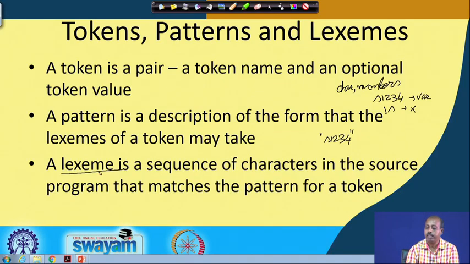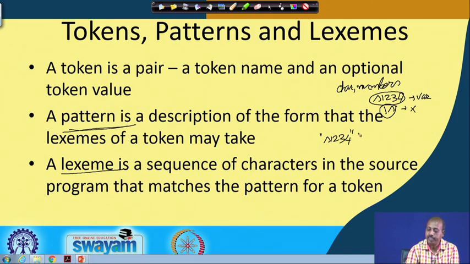Here I am saying that any sequence of characters and numbers such that the first symbol is a character will define a variable. So, as per my definition, this is a valid variable, but this is not a valid variable. So, this is the pattern. How we write a pattern we will see shortly, but somehow it will capture this rule.